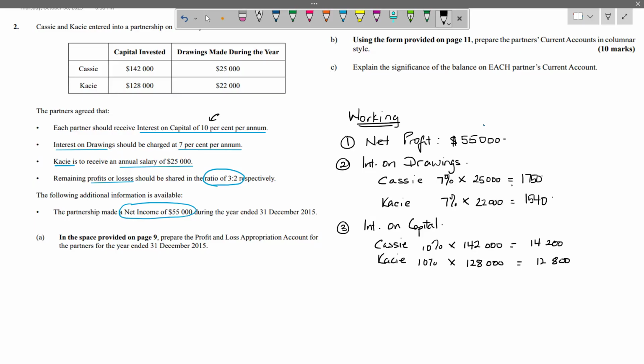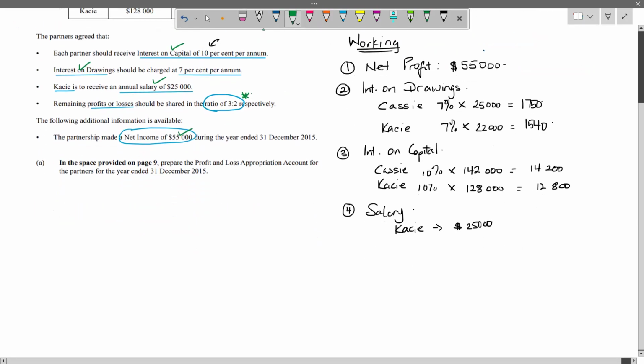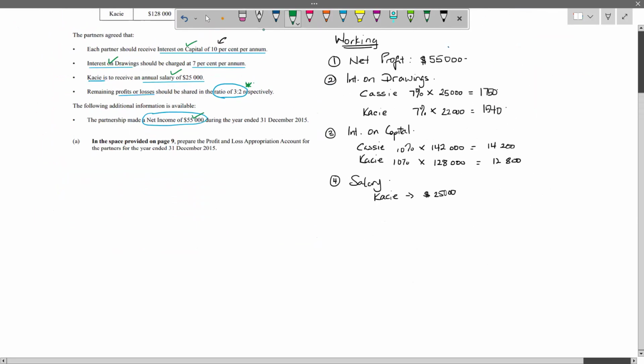Right. Salary is the other thing, very important. So just make a little note of it here. Salaries for Casey. And this amount is 25,000. Now, as you do this, you might just want to quickly tick off so that you know you completed this, right? The only thing left to do, we put an asterisk here. We need to use this when we do our appropriation account. So having this information now,